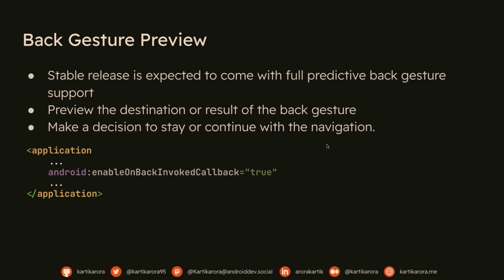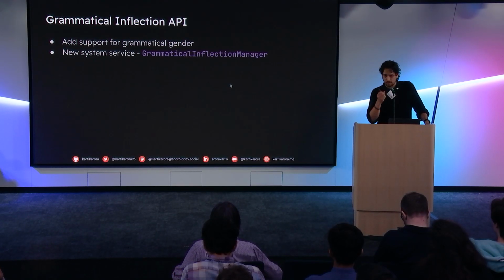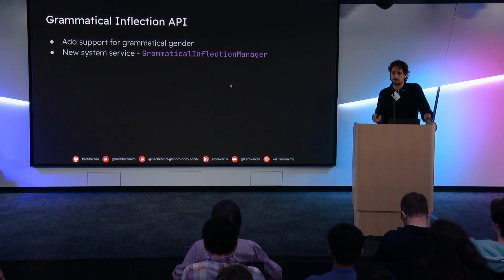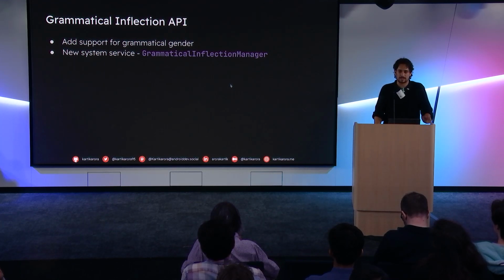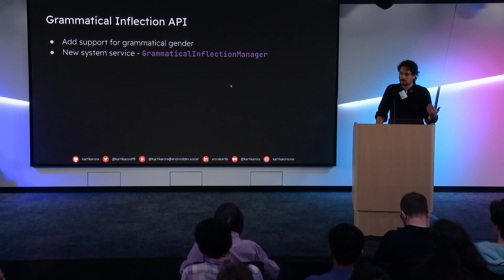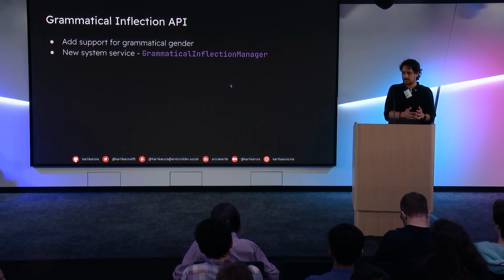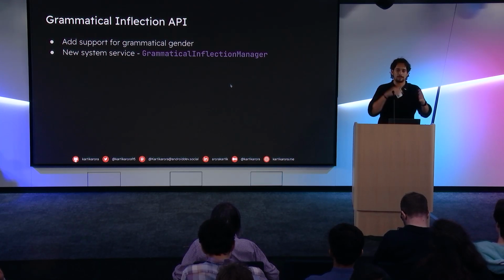Going one step forward, and this is probably the biggest API change in Android 14 I've encountered so far. You know how a lot of languages have grammatical inflections in various words, nouns, just language in general. For example, French and Spanish. So this API allows your app to be more inclusive that way, better localization, so that you don't have to mess around with getting the locale, figuring out whether the user is, well, you still have to figure out whether